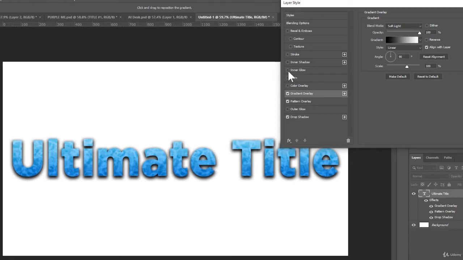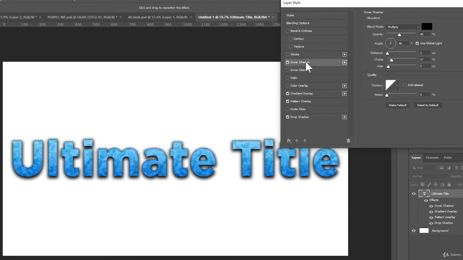Now, if we keep working our way up the list, we want to go ahead and have a little bit of inner shadow potentially. So we can click that inner shadow. We might want to change that to maybe a 120, as well as our other shadow, and also mess with the distance and the size a bit. So actually I'm going to bring that out a little bit. So you see we just have that. If we turn it off, we can see it apply a bit more, but we have that little tinge to it now. It looks like we're sort of being drawn into that text,